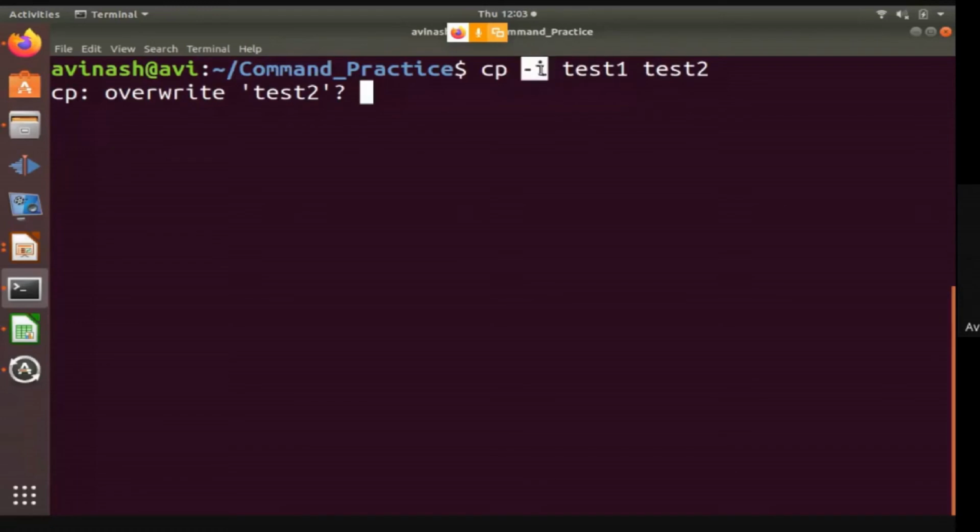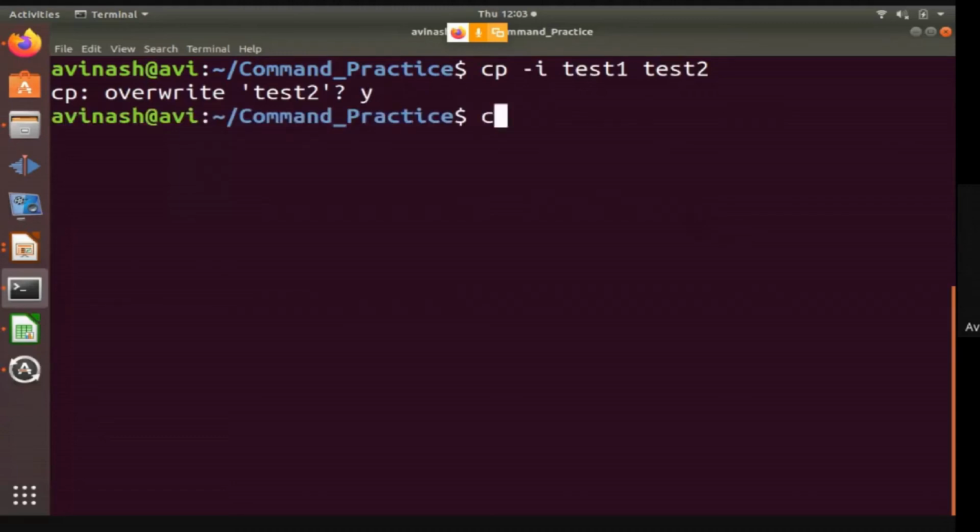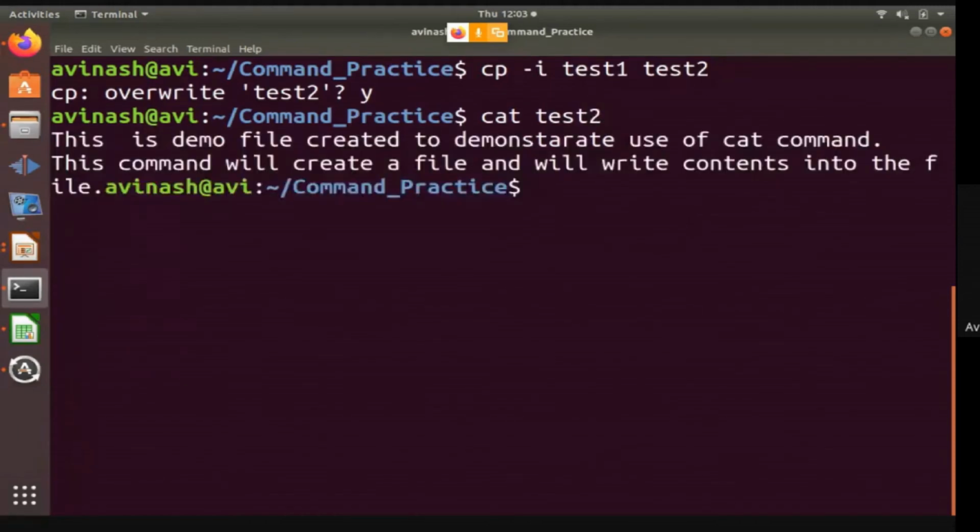So -i stands for interactive copy. If you use the -i option, what output are you getting? The cp command is asking whether you really want to overwrite test2 file or not. So I will say yes here. If I say yes, then test2 will have the new contents now, this.